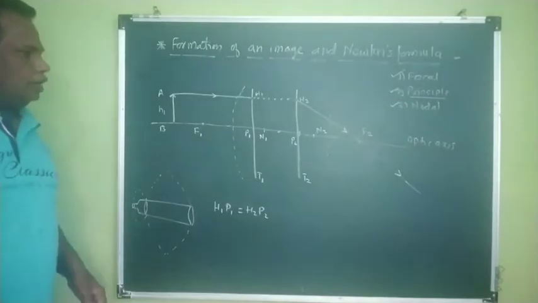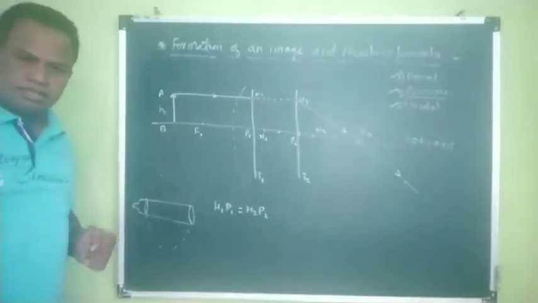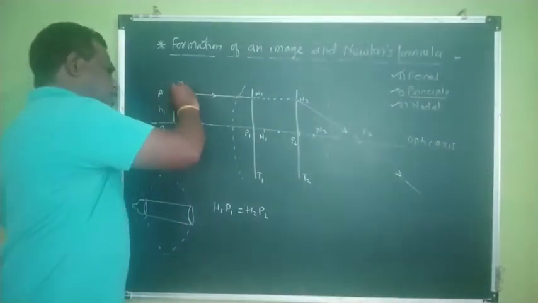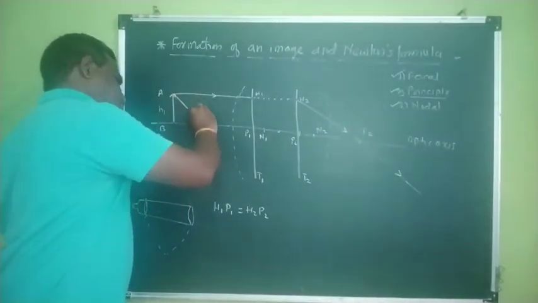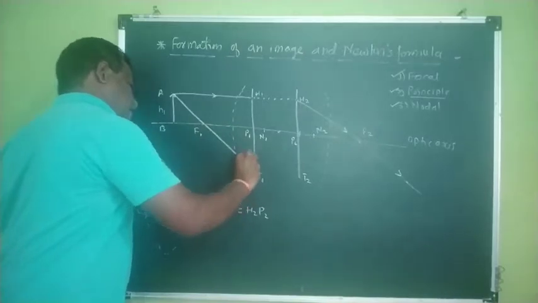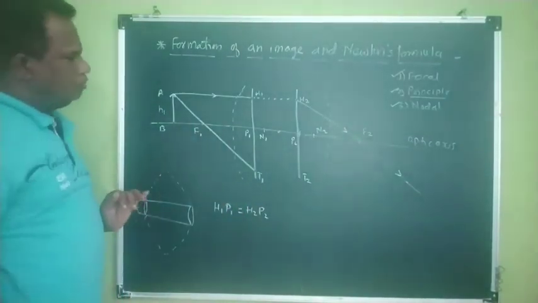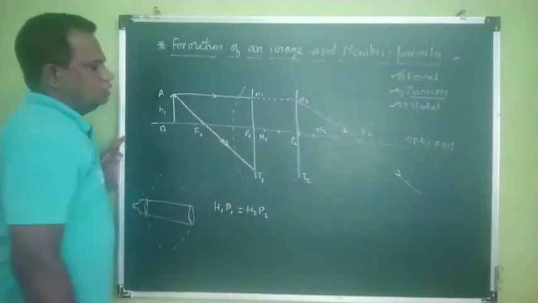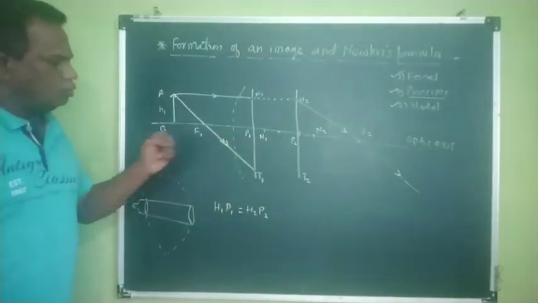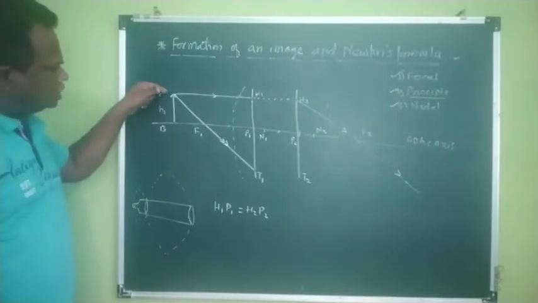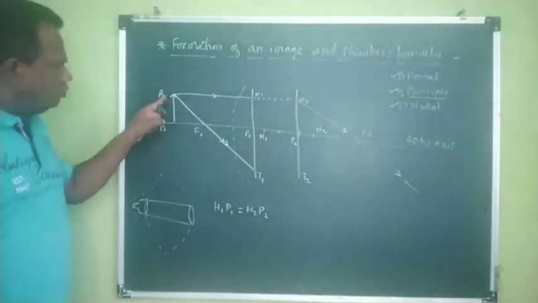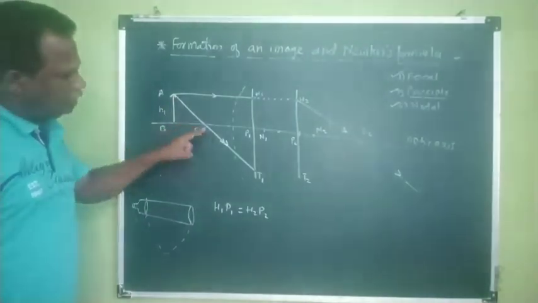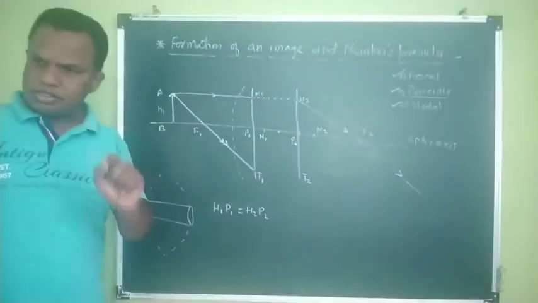Second ray I will draw in such a case that it will already pass through the focal point. It will start through the focal point and goes up to the tip like this. So this is second ray, and therefore I will put two arrow marks. Okay, so this is second ray. Second ray will start from A, that is the object. So A F1 T1 is the second ray.